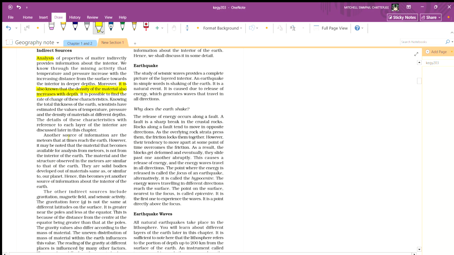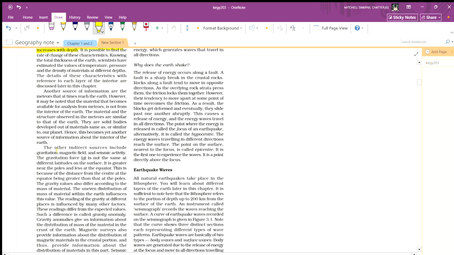Another source of information is the meteors that reach Earth all the time. However, it may be noted that the material that becomes available for analysis from meteors is not from the interior of the Earth. The material and structure observed in meteors are similar to that of Earth. They are similar, but not exactly the same. They are solid bodies developed from materials the same or similar to our planet. Hence, this becomes yet another source of information about the interior of the Earth. The other indirect sources include